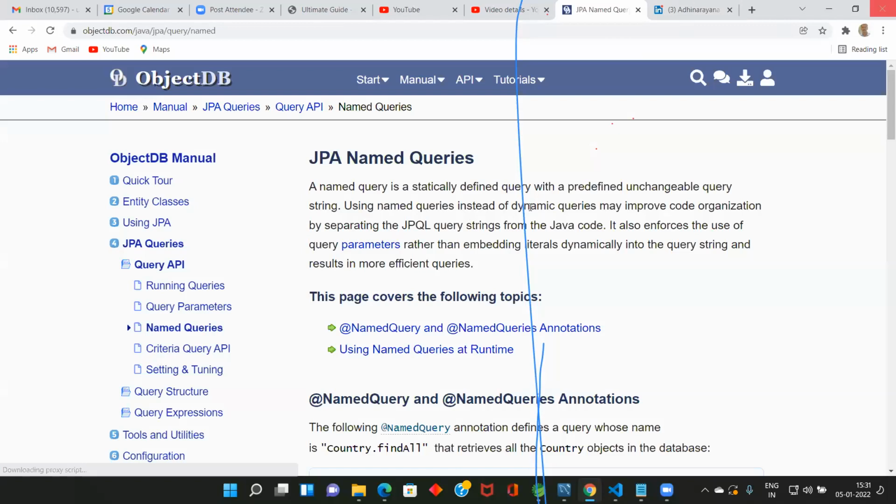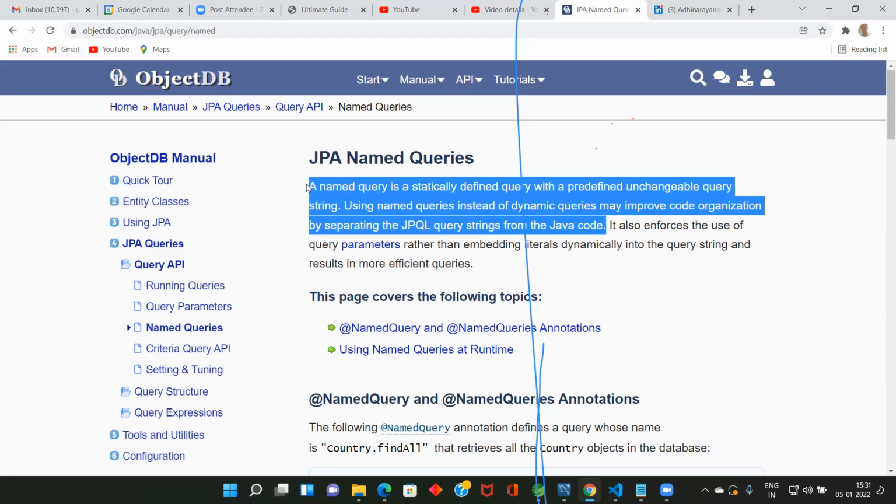Using named queries instead of dynamic queries may improve code organization by separating the JPA query string from Java code. We are moving the query from Java code to the entity. It also enforces the use of query parameters.